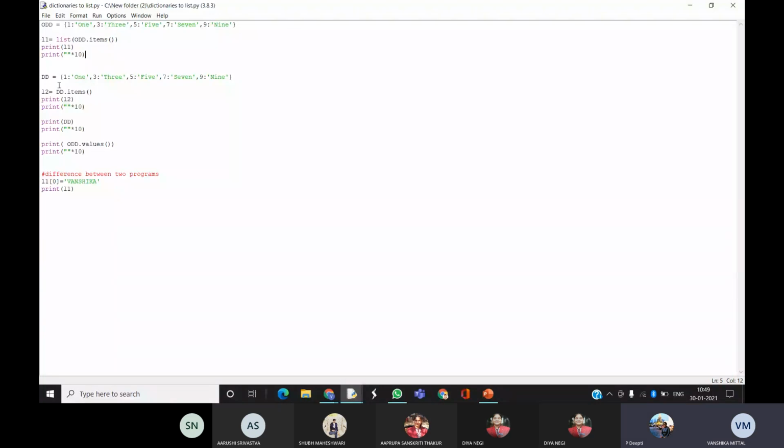So the basic difference between these two is, here I've given the list function and here I haven't given the list function. So can anyone tell what will be the difference in output while I've given the list function and here I have not? Here just simple odd.items with list function, and here it is simply dd.items.